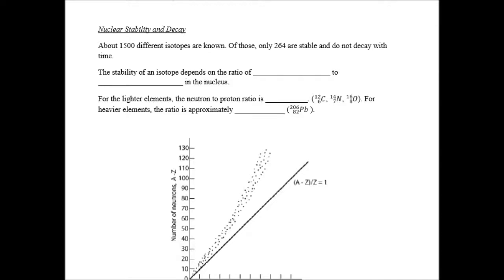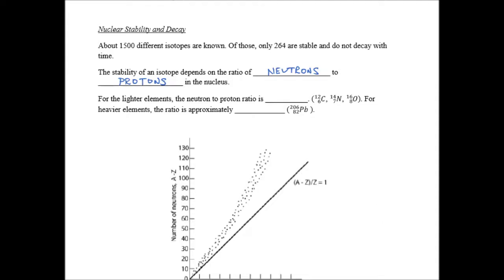In fact, of about 1,500 different isotopes that we know of, only 264 are stable and do not decay with time. The stability of an isotope depends on the ratio of neutrons to protons